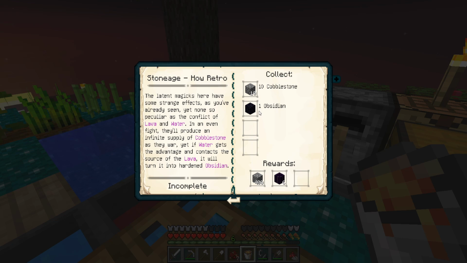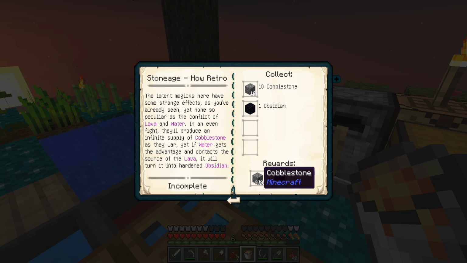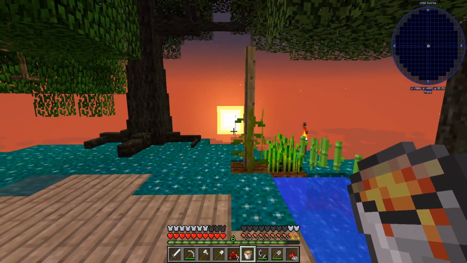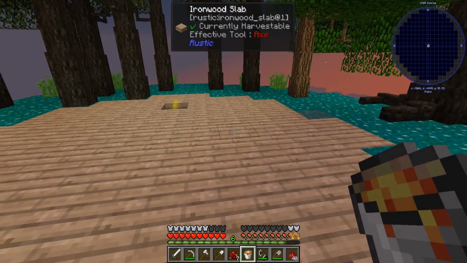Yep, collect 10 cobblestone and 1 obsidian, and I get 6 obsidian as a reward. Oh, 6 obsidian pillars, large pillars. So that would get me 7. I believe the minimum you need for a portal is going to be 10, if I'm not mistaken. And 400 cobblestone for a reward. Gosh, I love the sky when the sun comes up and goes down. All right, then in that case,